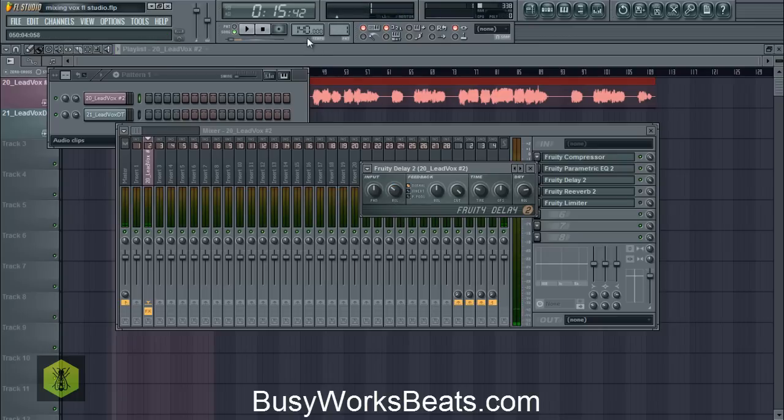Also, be sure that you have the tempo of the song registered in the tempo, because this works via the tempo. It doesn't work solo. So there's no milliseconds knob is my point. So you want to make sure your tempo is correct. In this case, the tempo is not correct, so the delay is going to be a little bit off.